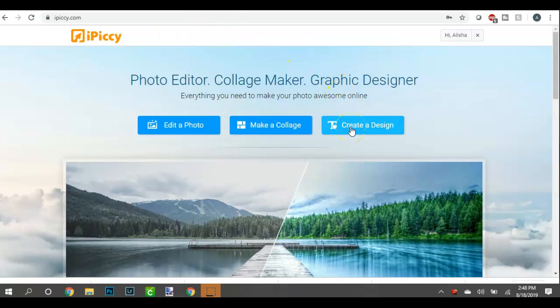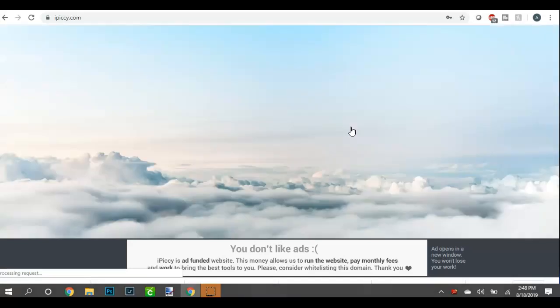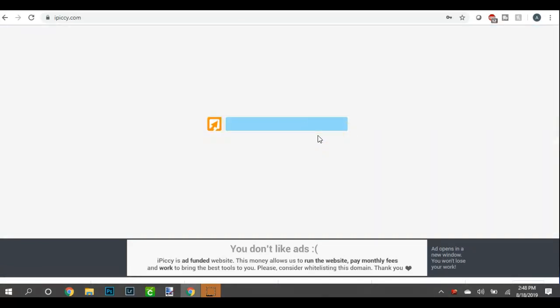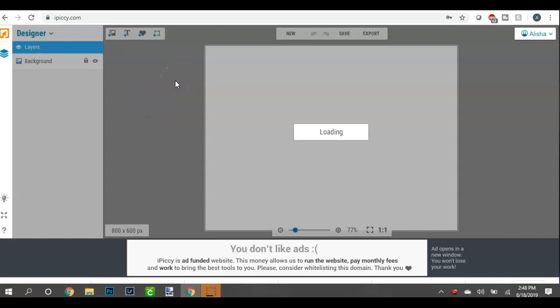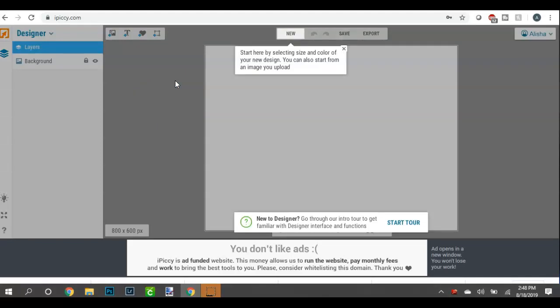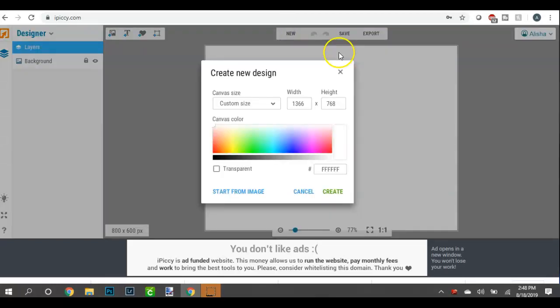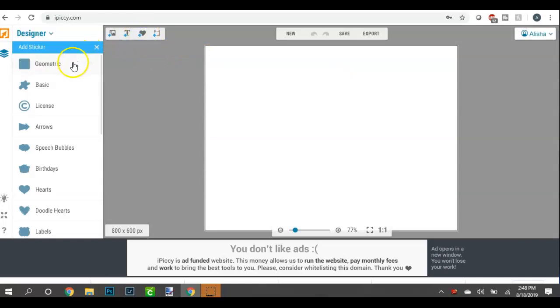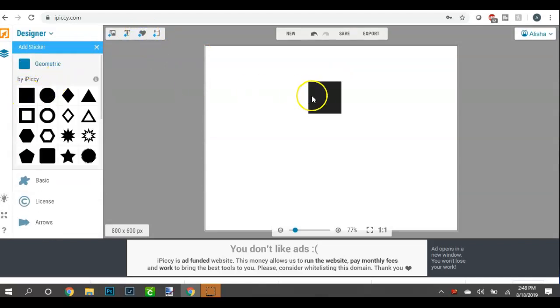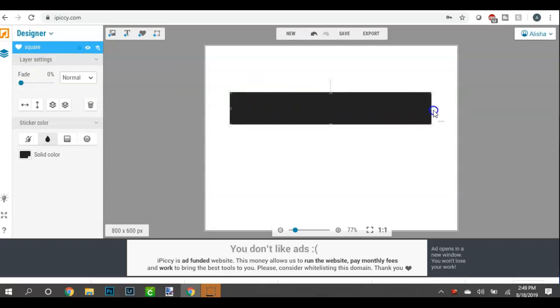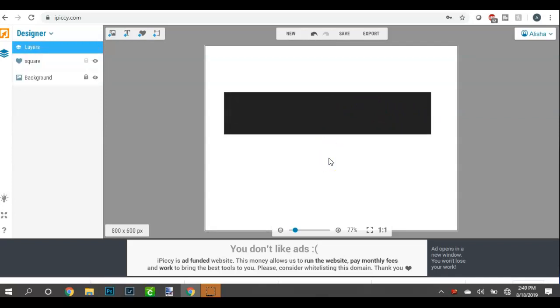Okay, so I'm going to click right here on Create a Design. And I don't really need to make a template size. I can just work with this because we're going to take the background out of it anyway. So I am going to go here to New, go to the Geometric Shapes and insert a square. And I'm making it a rectangle. This is going to be a staple that you can use for my next video when making washi